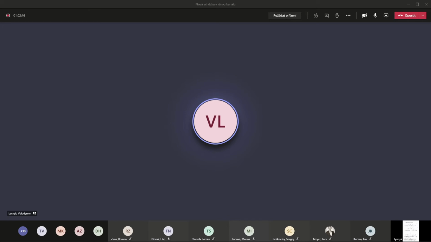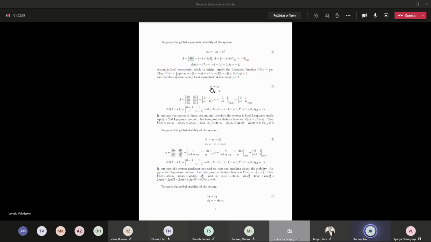Okay, here, this example number 6 is a linear system. x1 dot equals x2, x2 dot equals minus x1. This is the linearization of the pendulum, and we can apply this